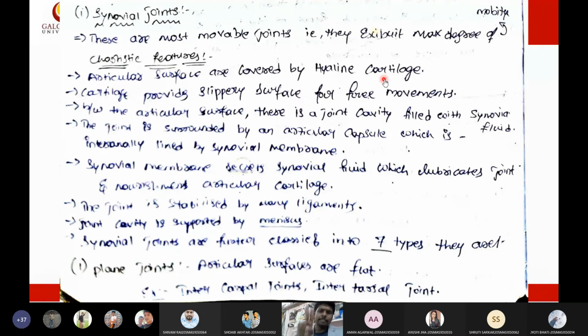In these two conditions, what we will do is collect a sample of synovial fluid and go for lab diagnosis, screening in the lab. We will see whether the joint has any crystals. If the joint has uric crystals, that indicates the patient has gouty arthritis. If the joint does not have any synovial fluid, that indicates he has some other problem. If it has red blood cells, it indicates internal bleeding. If it has globulins, that indicates he has some autoimmune disorder. Depending upon the markers and substances present in the synovial fluid, we can understand the type of problem that the patient has. So all these things can be understood by studying the synovial joints.